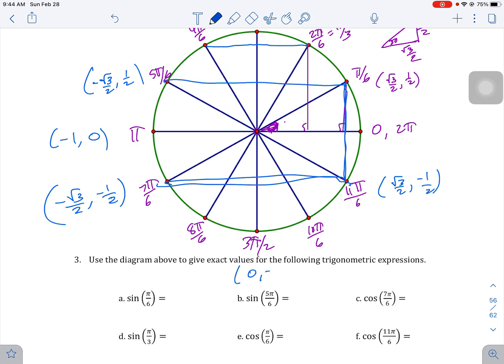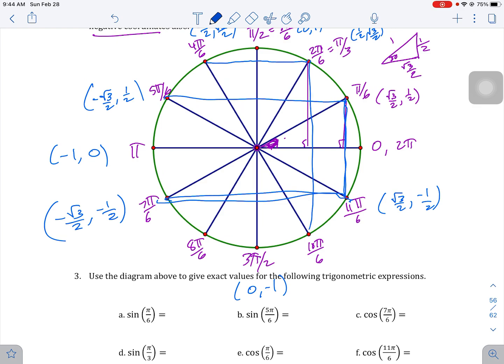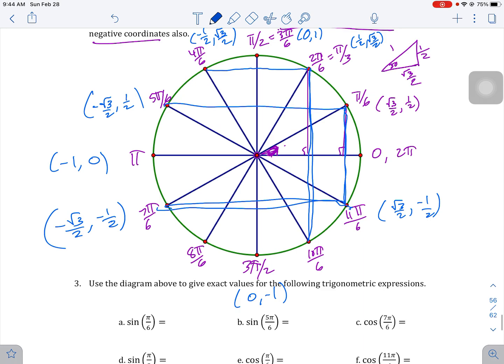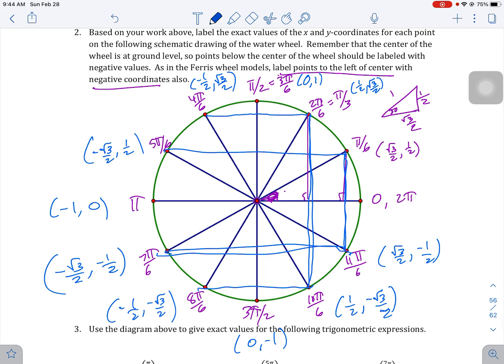I guess we can. 0, negative 1, and then we've got 10 pi over 6, which is kind of like 2 pi over 6, but it has the same x value of a half, but it's the opposite of square root of 3 over 2. And then we can see that 8 pi over 6 is the same thing, but the opposite of the x value, negative square root of 3 over 2. So therefore, we've got all the positions on this particular